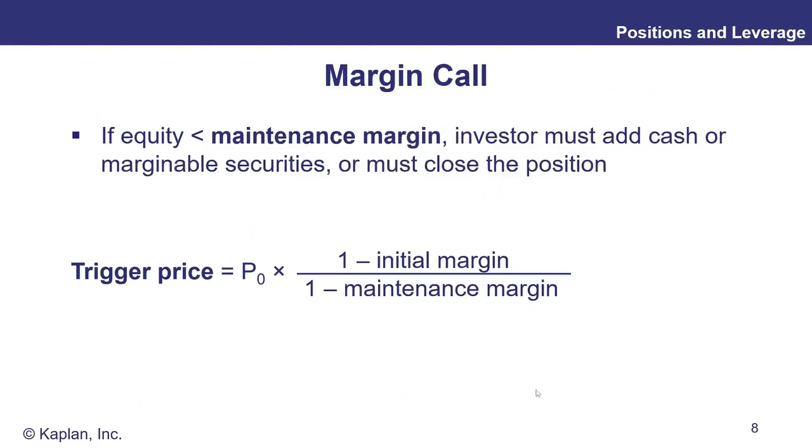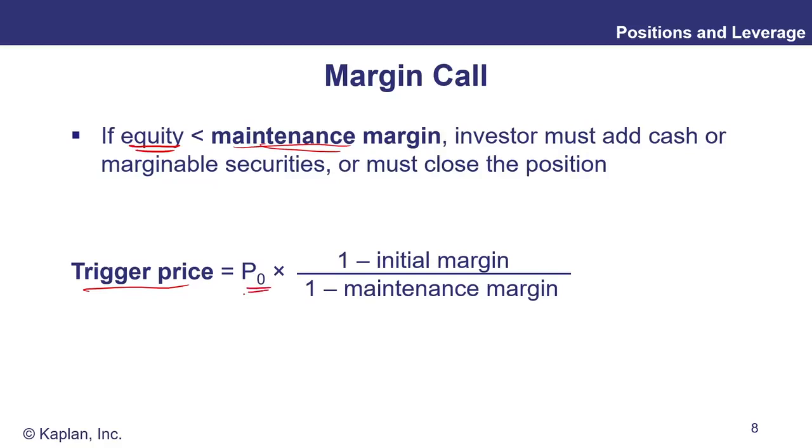Now, in that example, the stock went up in value, so we didn't really have to worry about putting any more margin into the position. But if the stock value begins to fall, and specifically if our equity stake falls below the maintenance margin percentage set by the margin lender, then we need to top up our equity stake by adding cash or collateral. Either that, or we need to exit the position early. Now, in the exam, you may well be asked at what price a margin call will be made, and that's known as the trigger price.